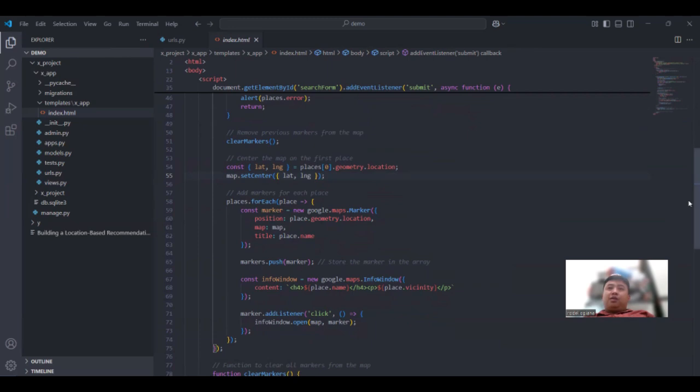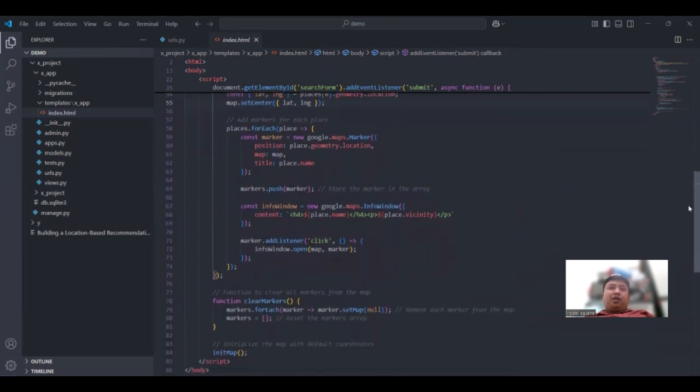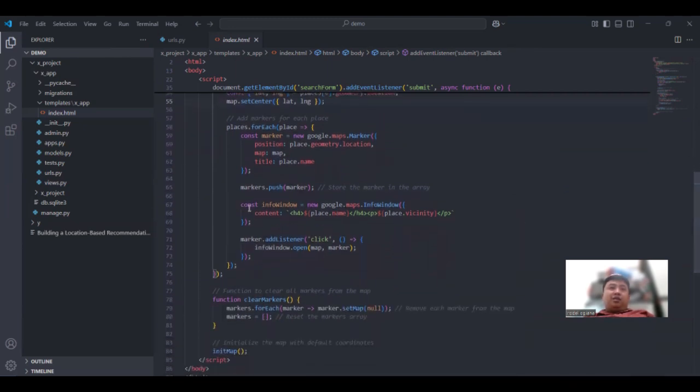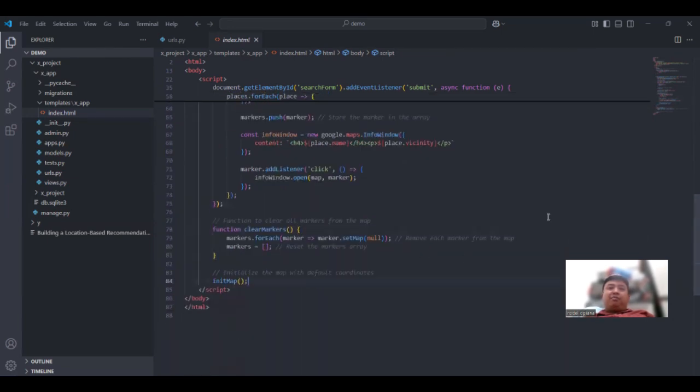So yeah. And then basic info window and the listener, and then the function for clearing the markers, and then eventually initialize the map.